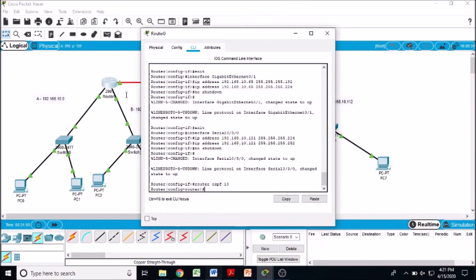Okay, so it is not needed that for each and every router the process ID should be the same. It can be different also. Okay, so now we are into the router configuration mode, the OSPF router configuration mode. Now we are going to assign the IP addresses that are connected to this router. That is, we are going to teach the router about its own network. Okay, so for that the command is network